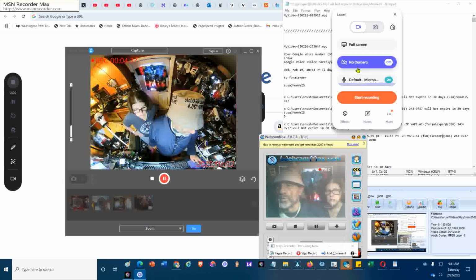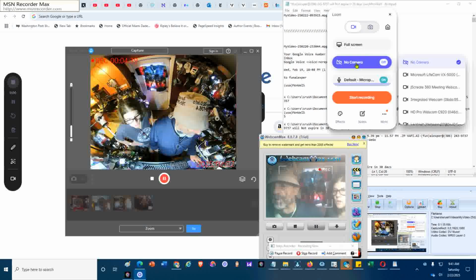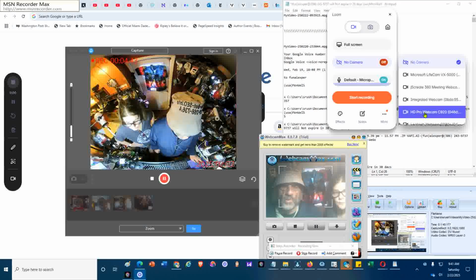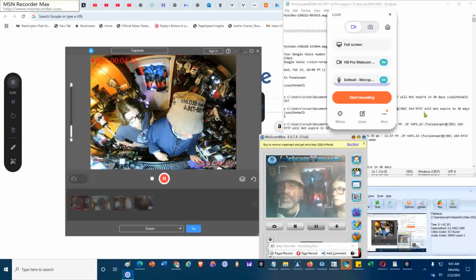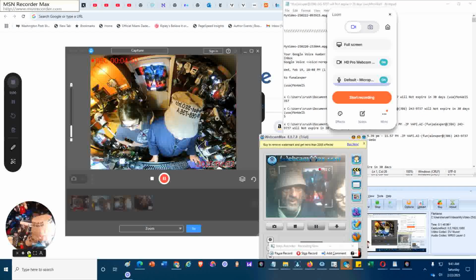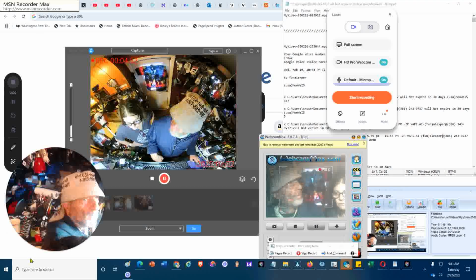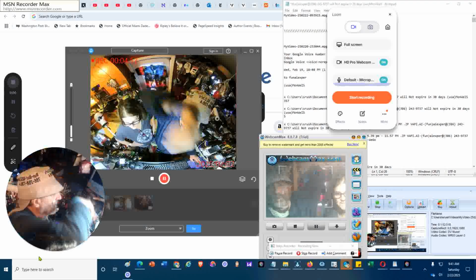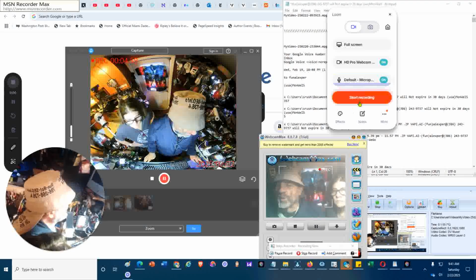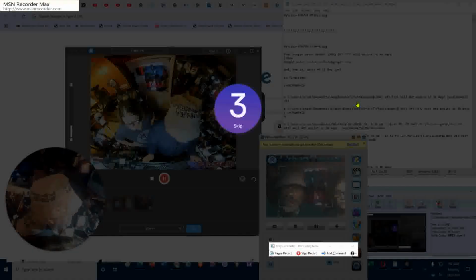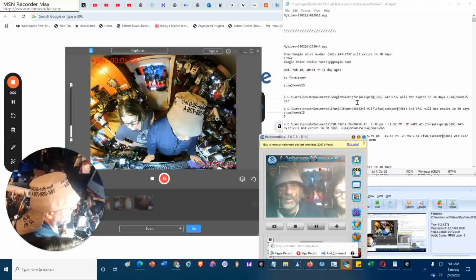Right now it has no camera, and I want to add a camera. And I want to add the HD Pro from the side, so you can see my message on my cap from both the front and the side, or a little bit side and rear. And then I can adjust it and center it. At this point I'm ready to start. Also I want to time it, so Loom will give me a timer, and you can see how long it takes me to deal with the